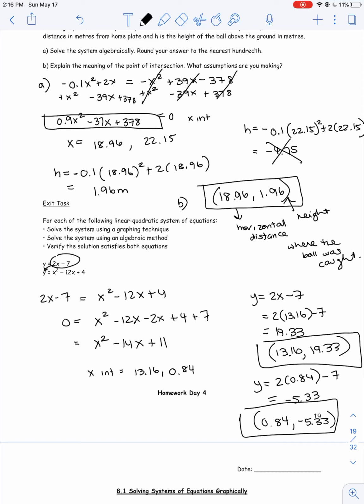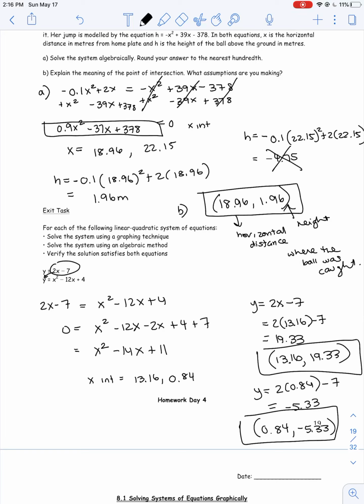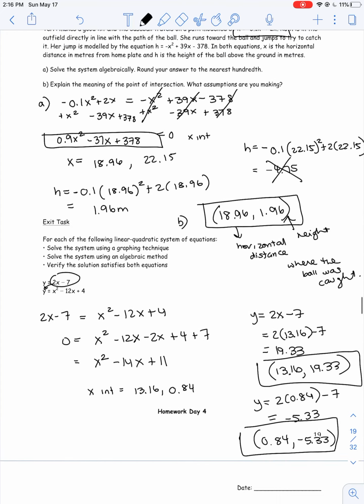So this is the algebraic approach. The previous lesson was doing the graphical technique, and we can always verify by plugging them into the quadratic second equation to see if the left side equals the right side. That's a checking mechanism: always check your answers, plug them back in, and see if the left side equals the right side. So that's it for our lesson. I hope you guys understood that. Let me know if